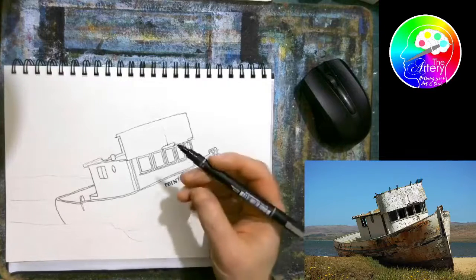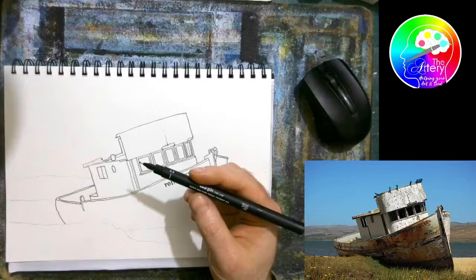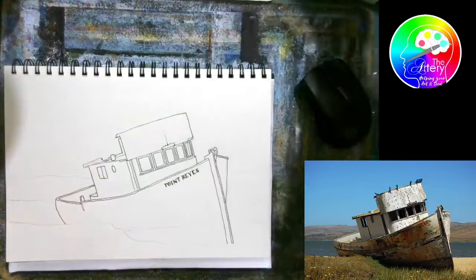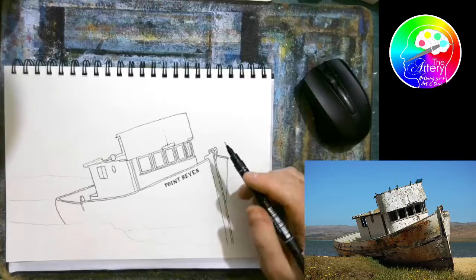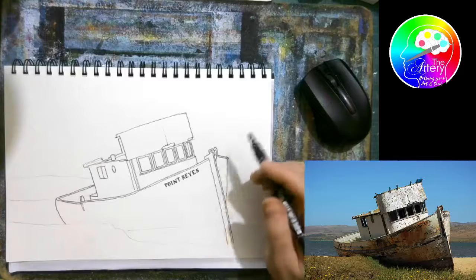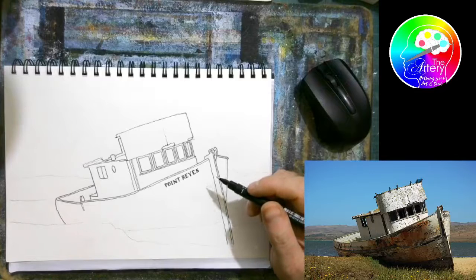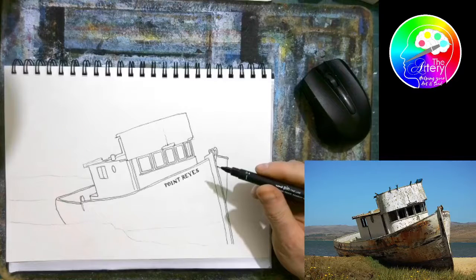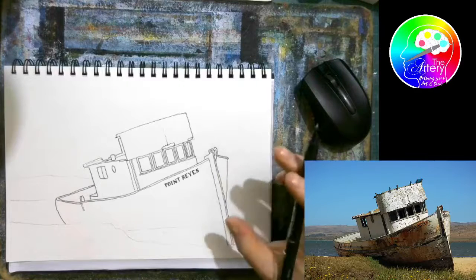So with these liner pens, this is a 0.4, you can get I think 12 different thicknesses, going down to something that's thinner than a hair width, which is great. So you could switch and change all of your pens. If you wanted finer lines, you could use a finer pen, and you could use a really thick chunky pen for thick lines. That's fine. They also come in light grey, dark grey and brown, and again, that's fine. But today I just wanted to use one technique